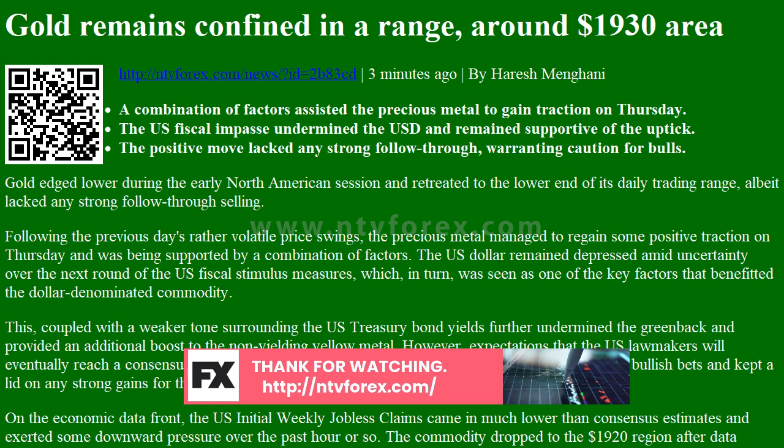Technical levels to watch. XAU/USD overview. Today last price 1924.05, today daily change 7.97, today daily change percent 0.42, today daily open 1916.08. Trends: daily SMA 20 1936.02, daily SMA 50 1829.7, daily SMA 100 1762.07, daily SMA 200 1649.62. Levels: previous daily high 1949.4,